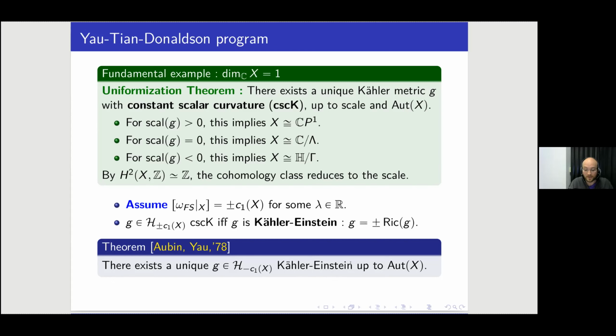And they use methods of geometric PDEs, which are nonlinear PDEs of order 2, which they then manage to solve, right? It's to be compared with the geometric PDEs involved in the constant scalar curvature equation, which are of order 4, much harder to deal with, right? Okay, but in the case of plus the first Chern class of X, there are obstructions to the existence of a Kähler-Einstein metric. So this theorem is not even true.